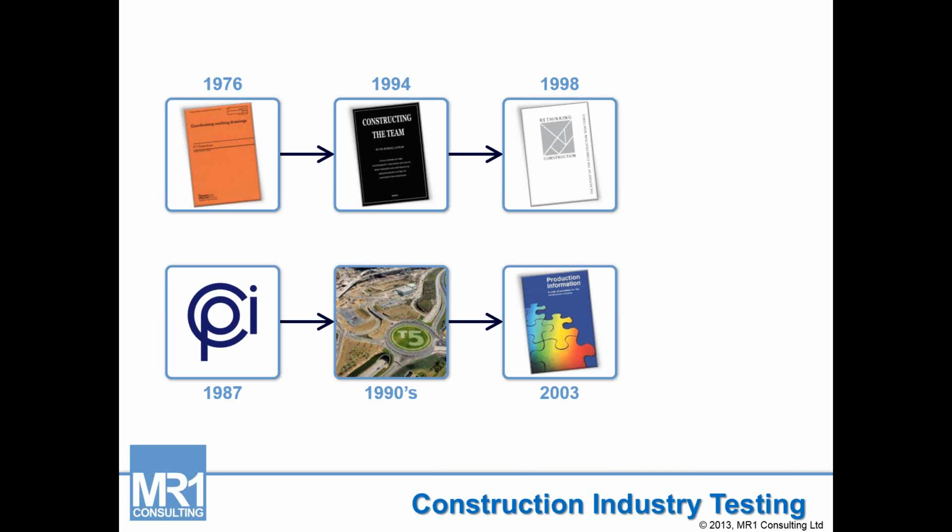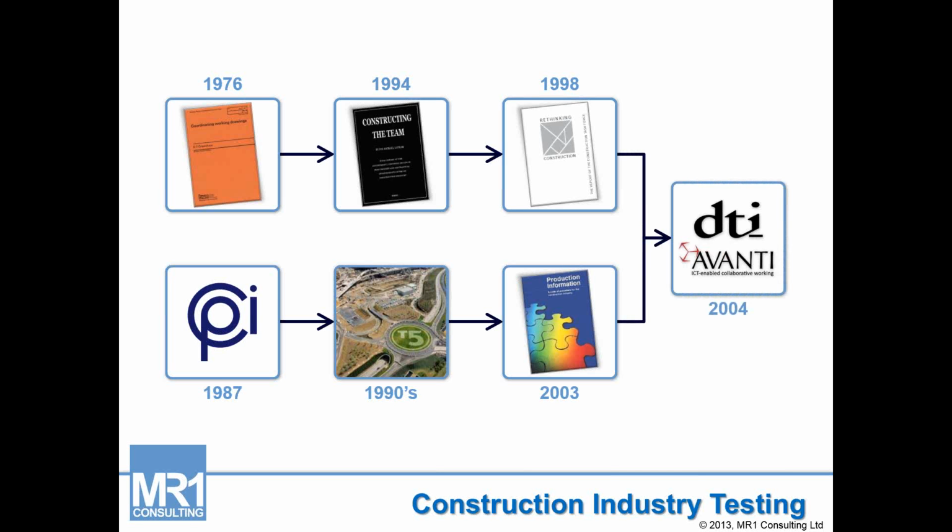recorded earlier. The outcome of that was that the CPI produced in 2003 this document called Production Information, which tried to demonstrate how collaboration and coordination between teams could be used to best advantage, and taking all the learning and knowledge out of Terminal 5. So that was produced in 2003. Sorry about that. And what happened was that the industry still didn't react as fast as the government would have liked. And so in 2004, the DTI at that time put up some funding, £750,000,